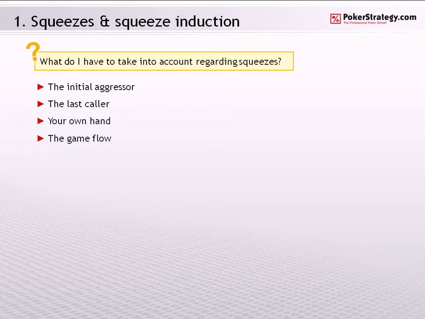Similar criteria has to be taken into account regarding the initial aggressor. He should be able to fold a hand too. He shouldn't be a fish who doesn't recognise the fake strength of our move, and also shouldn't be too paranoid about being bluffed, because it's likely that a thinking player will wonder in such a situation if he's being bluffed, since it's a squeeze situation. Of course, it won't be a bluff all the time. Often we will just have a strong hand. However, you shouldn't try to bluff squeeze against a paranoid player who is afraid of being bluffed most of the time and who